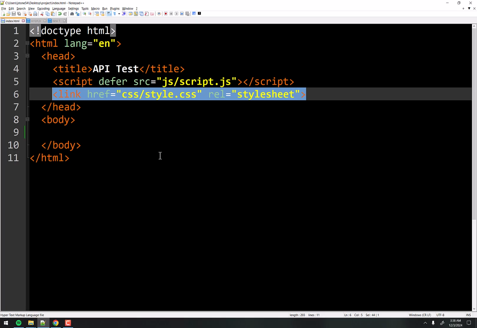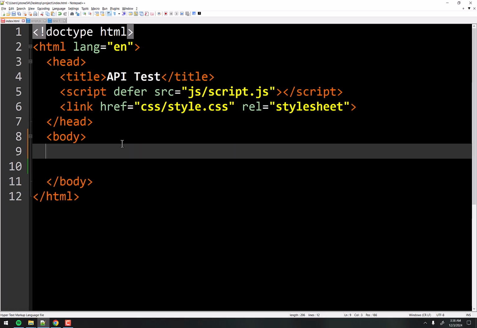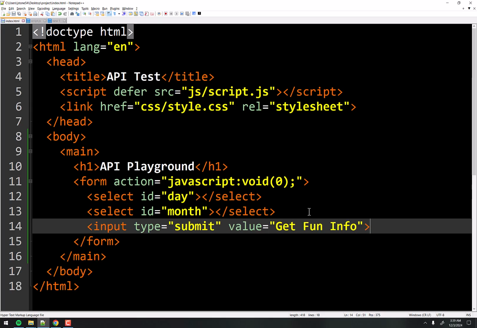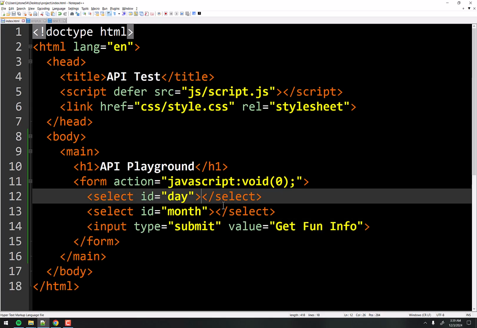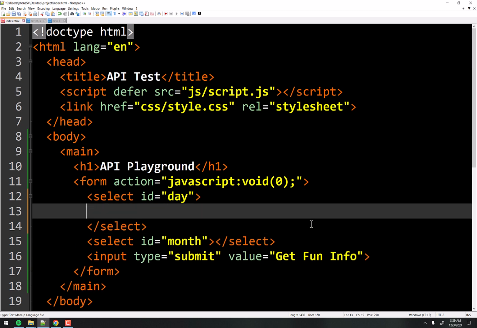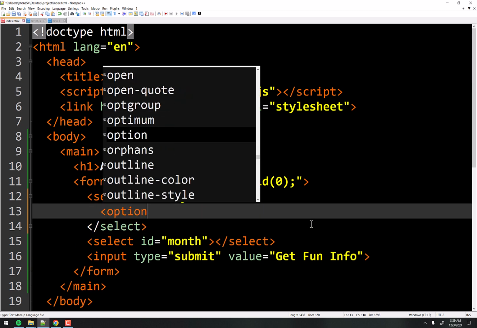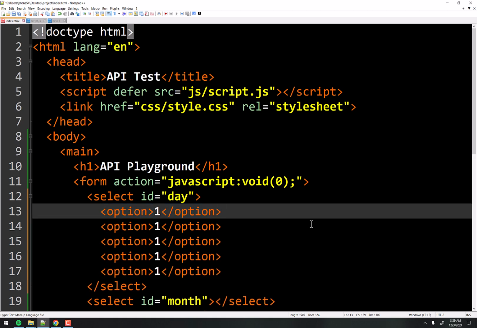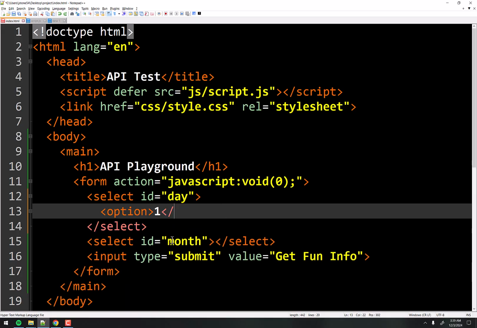So let's make a web form here, just a simple one, like so. Now, remember when you make a select, it's a drop-down box, right? So you have to have, in between the select, option for one, and then 2, 3, 4, 5, all the way up to 31, right? There's 31 days in some months. Well, that's a lot to just manually type. So we'll use JavaScript to do that part.